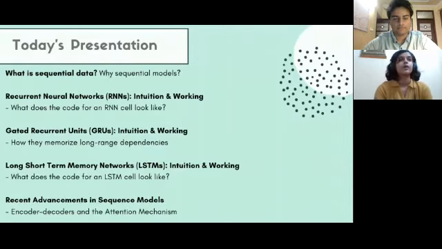Firstly, we'll be talking about what sequential data is, because once we understand why sequential data is different from numerical data, we can move on and talk about some sequential models. Then we'll talk about RNNs, the intuition and working, and some drawbacks that they face. And because of these drawbacks, we'll also talk about some better alternatives like GRUs and LSTMs. Finally, we'll talk about some recent breakthroughs in the field of sequence modeling.